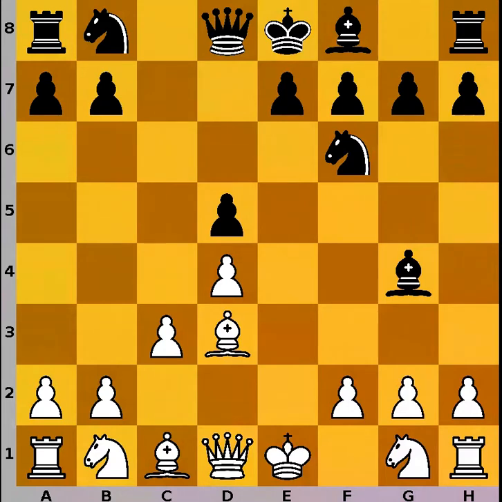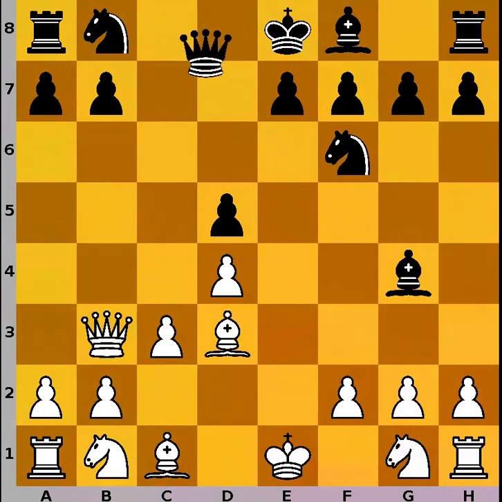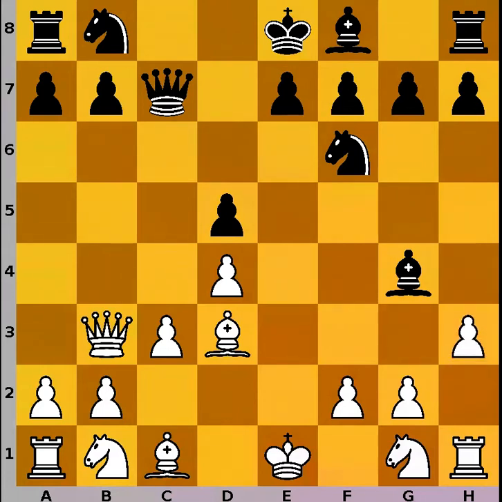Now there are two main replies. White can protect the queen with knight to e2 or f3, but white decides to play queen to b3, attacking the pawn on b7, so black defends the pawn with queen to c7, h3, bishop goes back to d7, knight